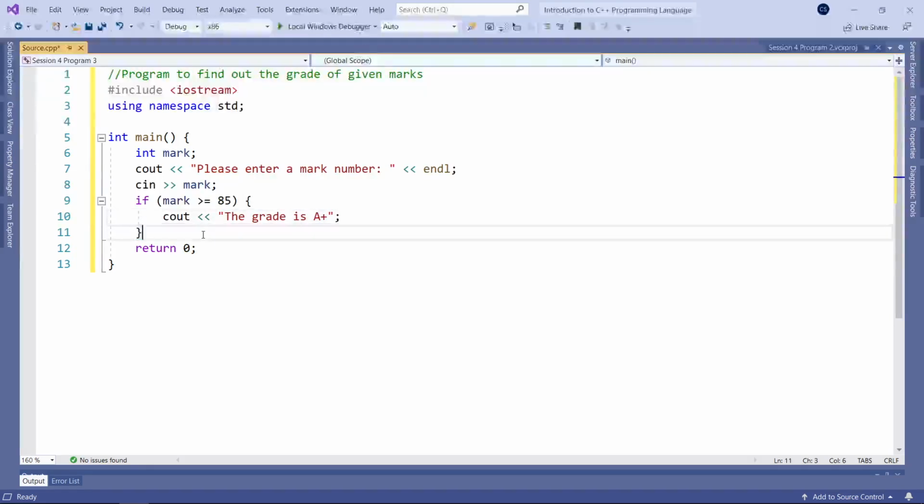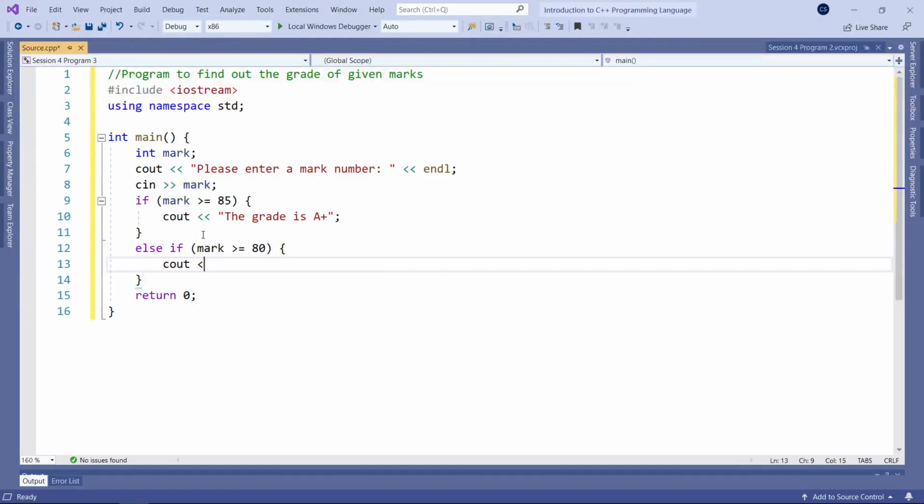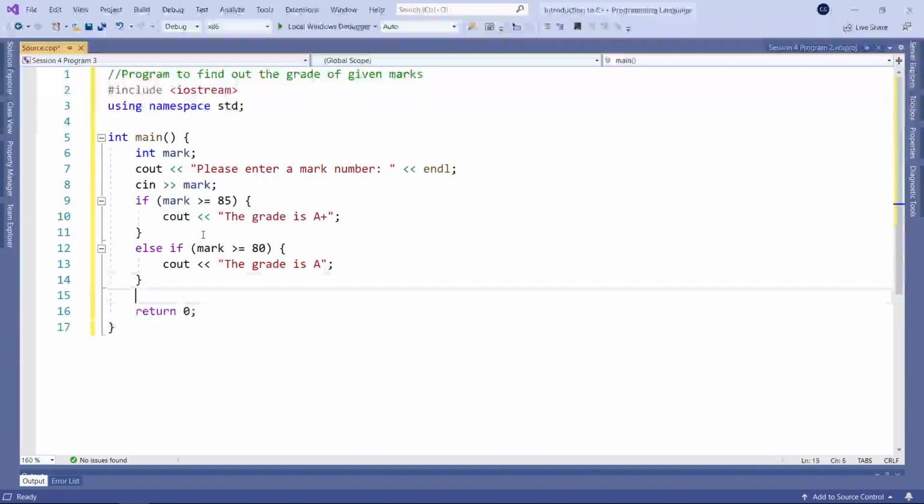Otherwise, else if the mark is equal to or higher than 80, then output a message: the grade is A. And then otherwise, if mark is greater or equal to 75,